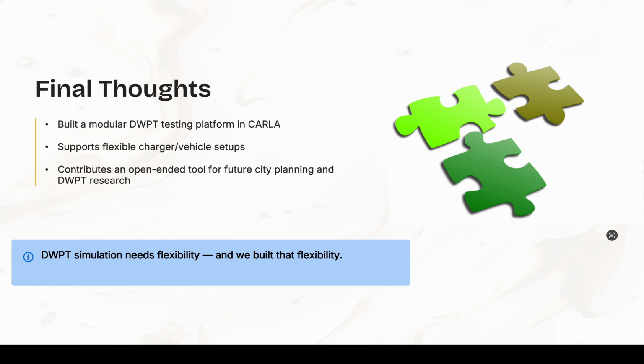For our final thoughts, we built a modular dynamic wireless power transfer testing platform in CARLA, and it supports flexible charger and vehicle setups, contributing an open-ended tool for future city planning and dynamic wireless power transfer research. Dynamic wireless power transfer research needs flexibility, and we hope that our simulation system is able to meet